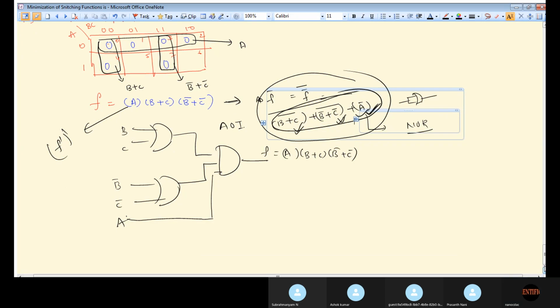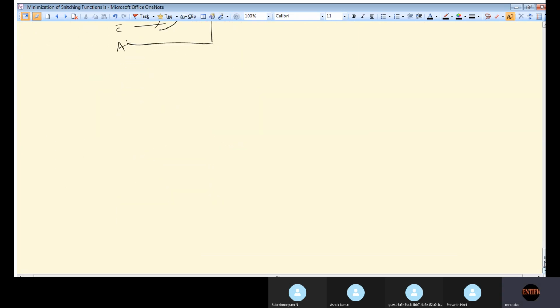నెక్స్ట్ వన్, ఇంకొకటి చూద్దాము. Probably this will be the last question, then we will go for 4 variable K-map. So question is,